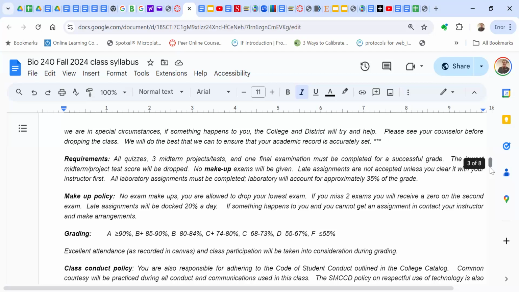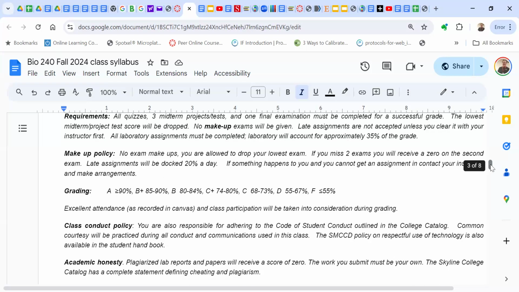Requirements: I want you to have taken all quizzes and 3 midterm projects, kind of like tests. I don't necessarily give tests as much. We'll do projects, but they're timed. They're very short, and you have a period of time to do that, and we'll talk about those a little bit later. No makeup exams or projects will be given. So what I tend to do sometimes is drop your lowest ones, and so we'll do that. Grading policy: anything above 90% is an A, B plus is 85 to 90%, B is 80, C is